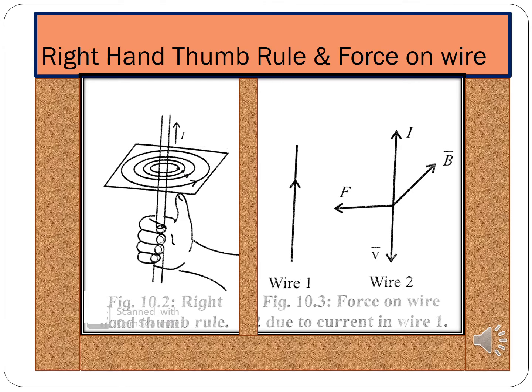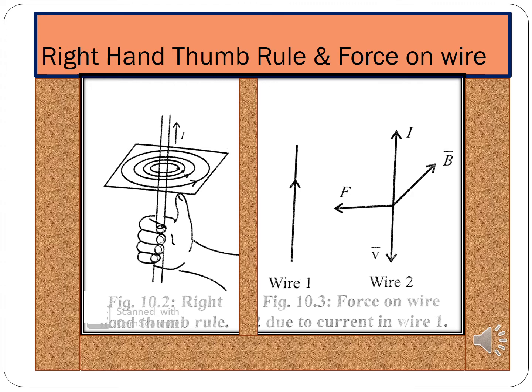Students, you have learned in 10th standard that if a magnetic needle is held in close proximity of a current carrying wire, it shows the direction of the magnetic field circling around the wire. This is the instance I am talking about, which you can see in figure 10.2, that is the right hand thumb rule. Let me explain what the right hand thumb rule is. Imagine that a current carrying wire is grabbed with your right hand with the thumb pointing in the direction of the current. Then your fingers curl around in the direction of the magnetic field.